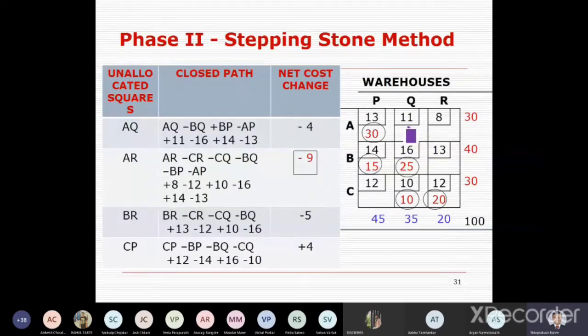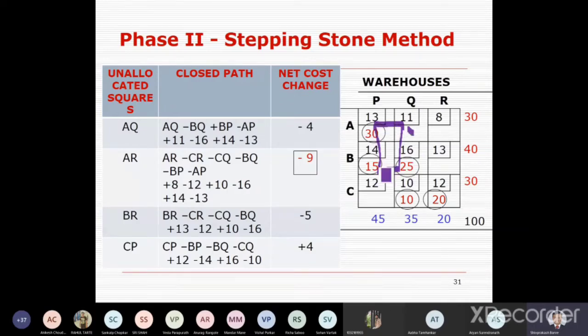So because of that, I can easily see that to make a closed path from AQ, I have to mark this horizontal line, this left horizontal. Now I have marked a vertical line, and at this allocated cell I can change the direction. So I have marked a horizontal line. From this allocated cell I can change the direction again. I come to this 30, and from here I can change the direction. So I came back to my original place. This is the closed path.